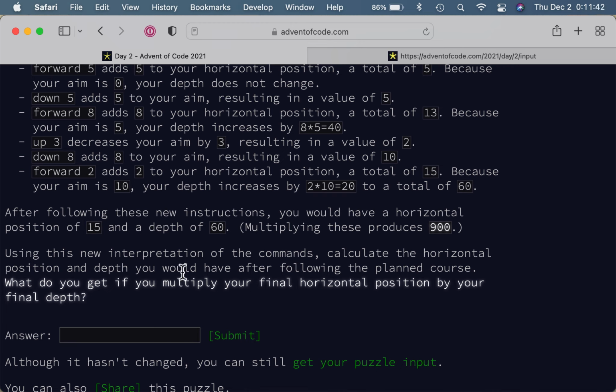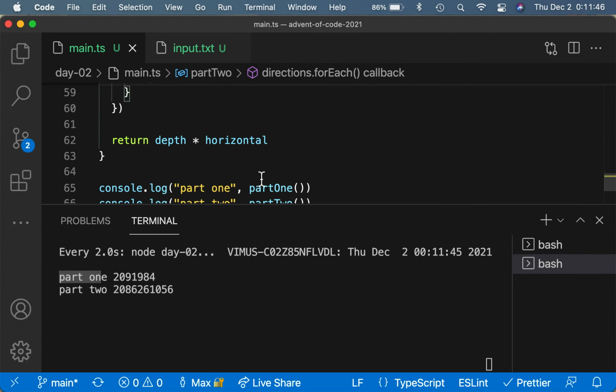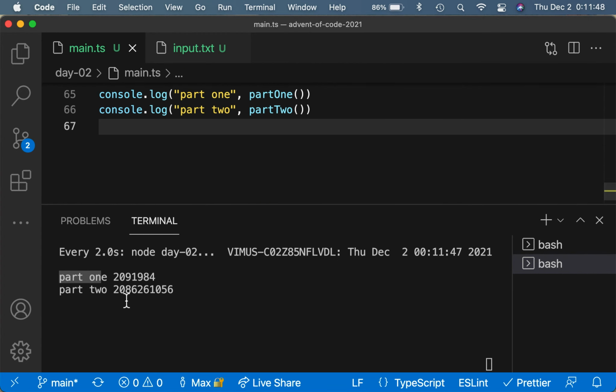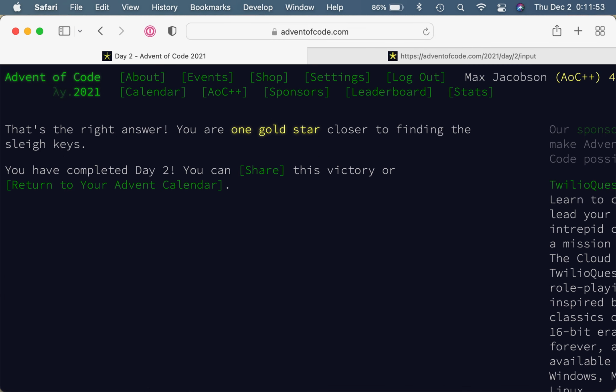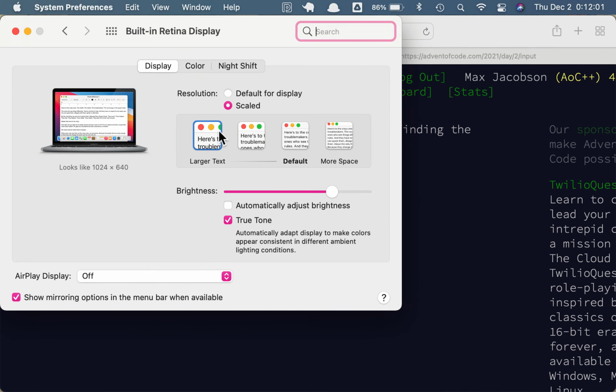Can I get the horizontal position that you would have after following the planned course? What do you do if you multiply? Yeah, I mean, it seems like that's the answer. Great. All right, that was that. And now to end the video, I increase my screen resolution. Count perfectly intuitively. Did it? No, okay, click